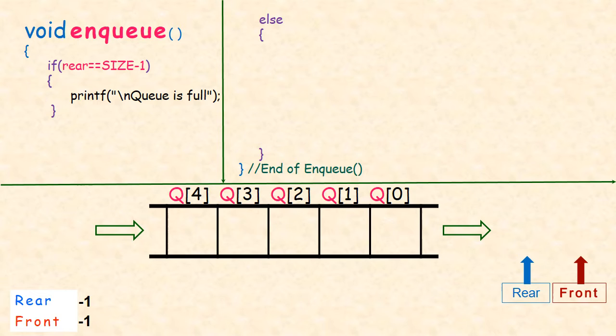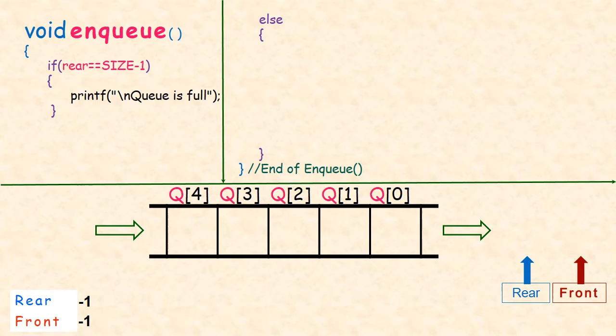So here I have taken a function NQ. Here the code is placed side by side. Void NQ is the function, and you can see the right down corner end of the NQ function. Between those two curly braces, I have placed the code for the NQ operation, that is the insertion operation. I will explain this if block later when time comes. First of all, let us see the else block, and in this else block we will write the logic for inserting a new element into the queue.